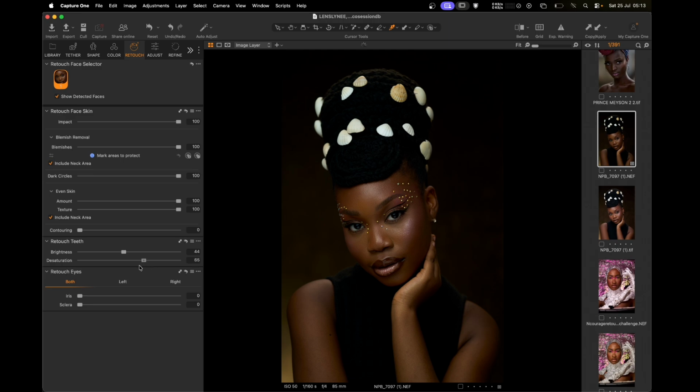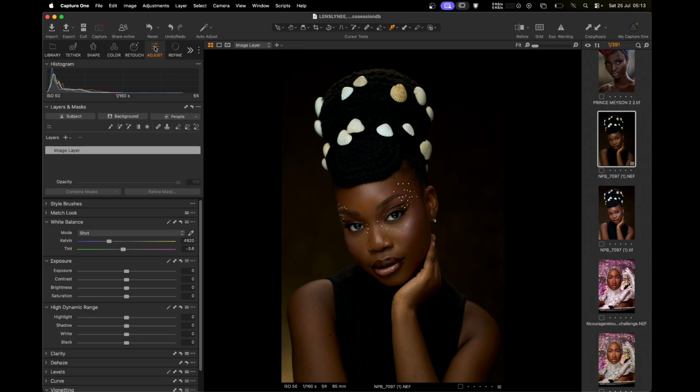Brightness of the eye and teeth. As it is now open, you can see the effectiveness of this. This cleans the teeth very well. Then iris, just like this. Then sclera, just make your eye whiter. So basically this is what is in retouch, and it helps you. Then auto